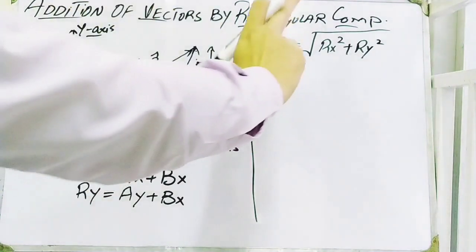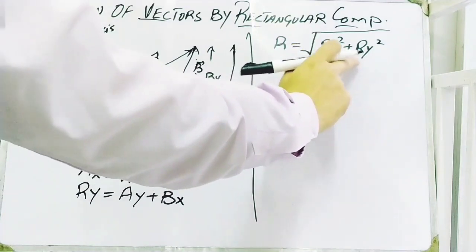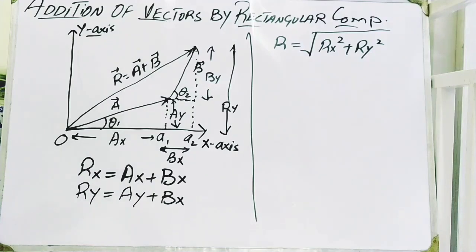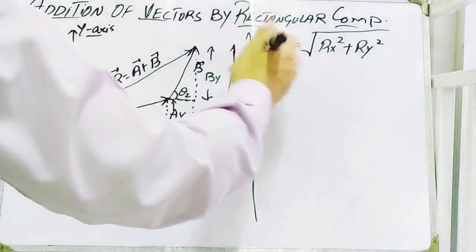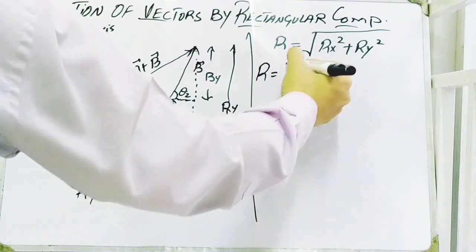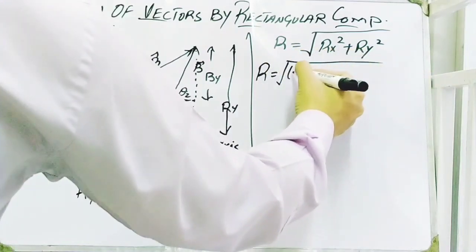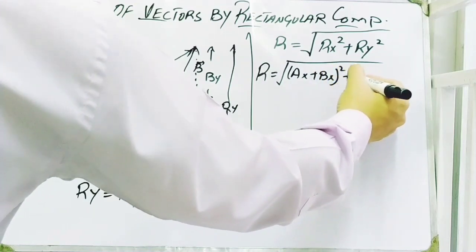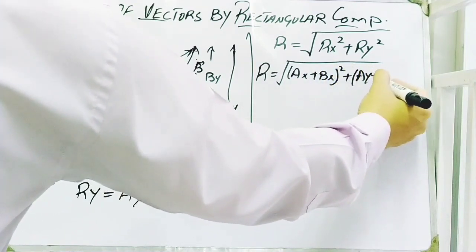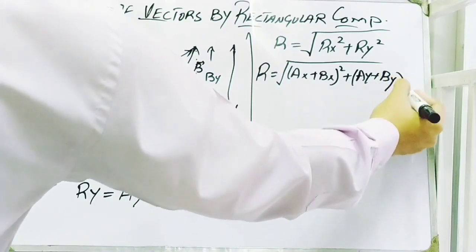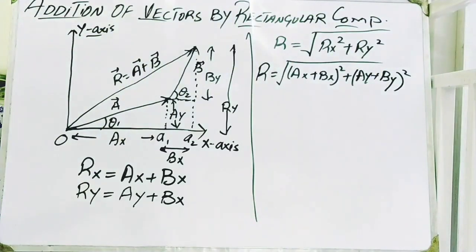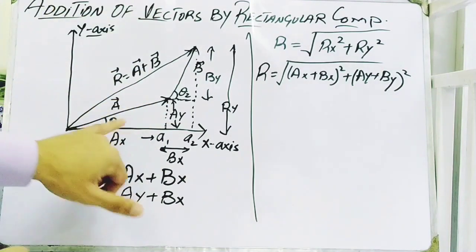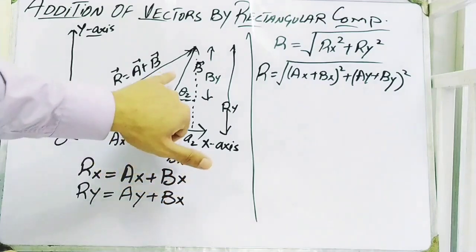So, if the values of Rx and Ry are previously calculated, we can put these values in this equation. So R can also be found with this formula, which is the square root of (Ax plus Bx) whole squared plus (Ay plus By) whole squared. But if we added more than two vectors, which are A and B,